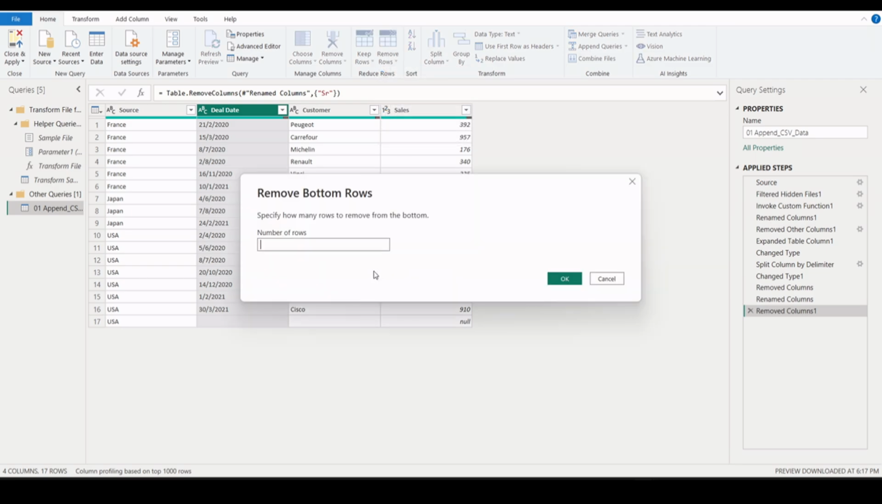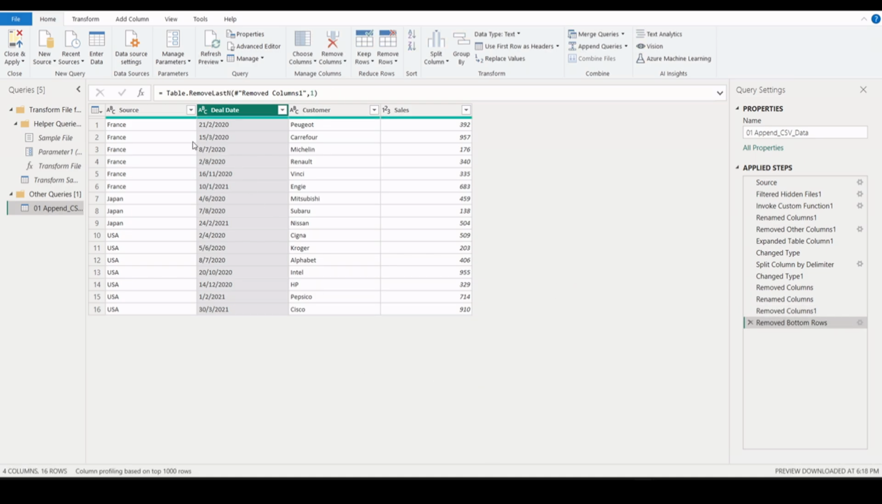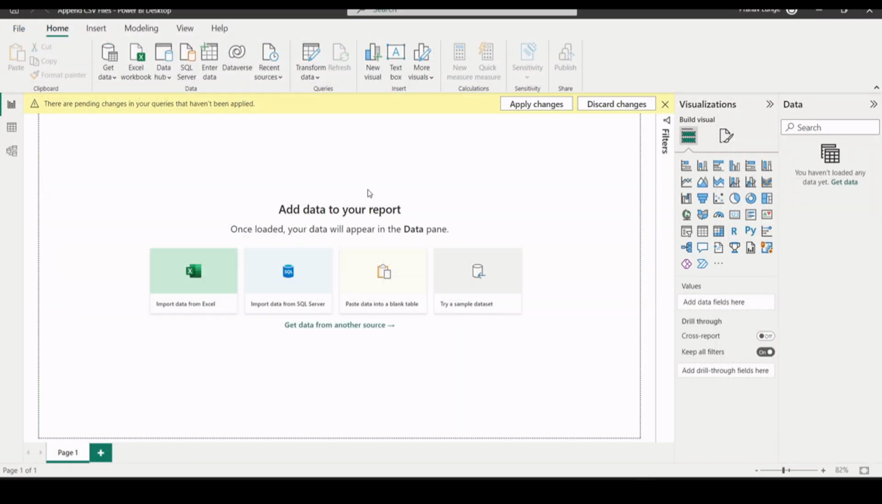You can see the last row is null, so what we will do, we will remove bottom rows, and we have to give how many rows we have to remove. We have only one row to remove, so click 1 here, click OK. Now our data is good to go for visualization. Let me just change the name here, append data. Okay, and now we will click on close and apply,